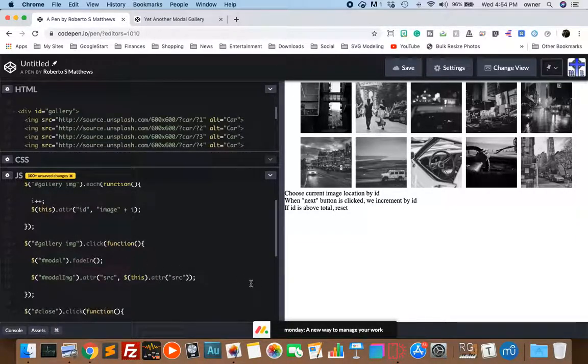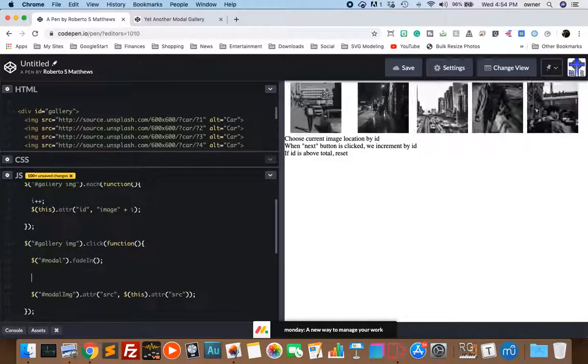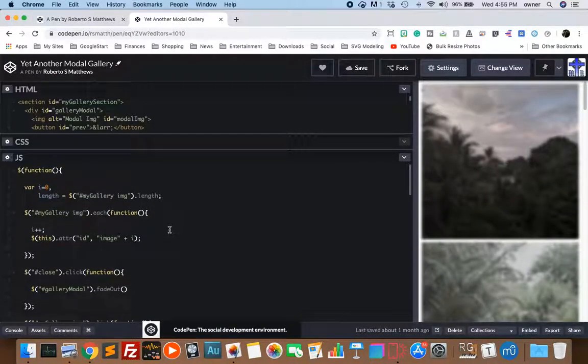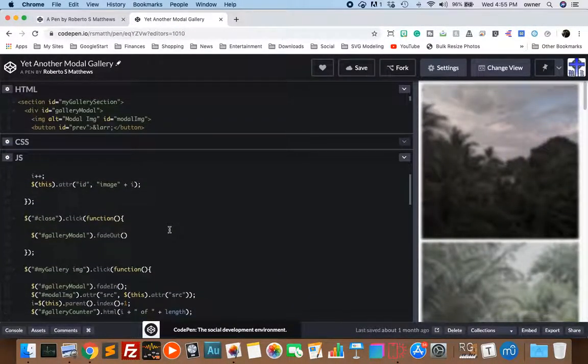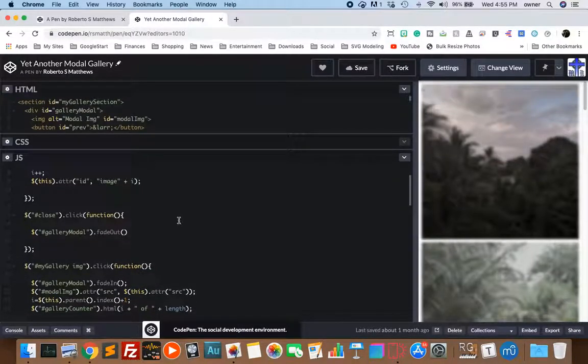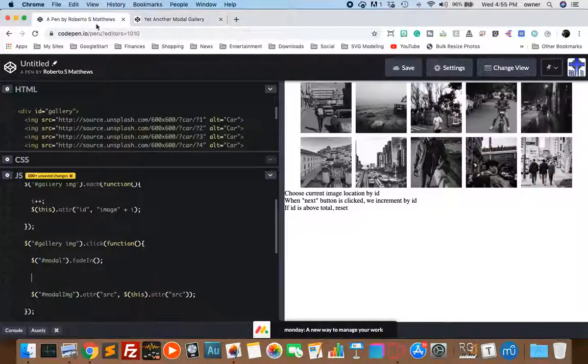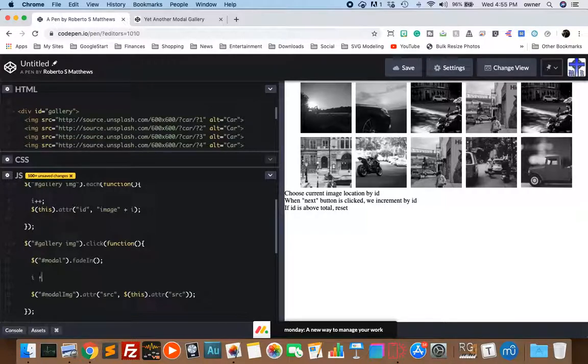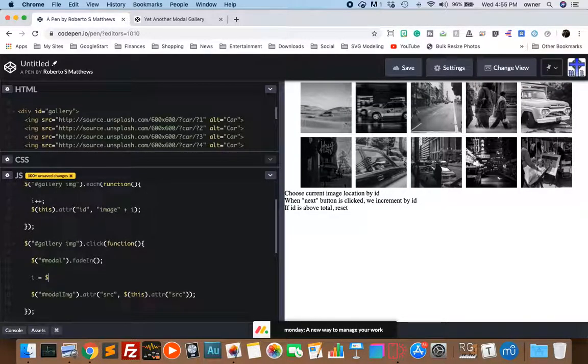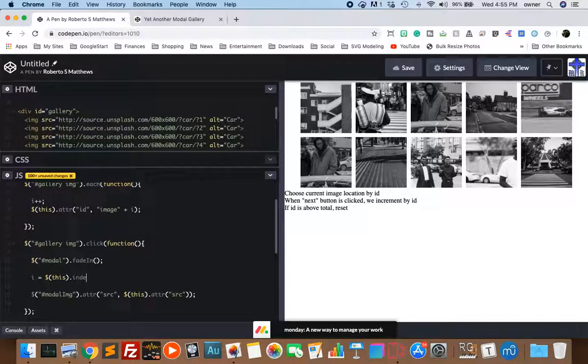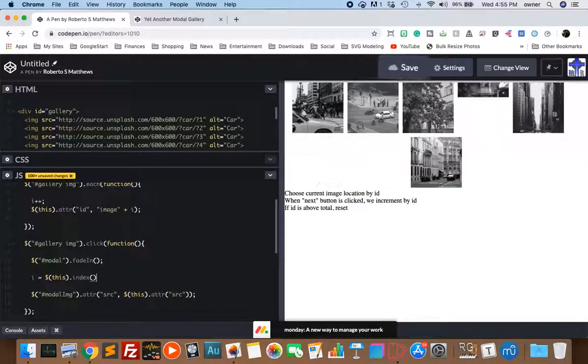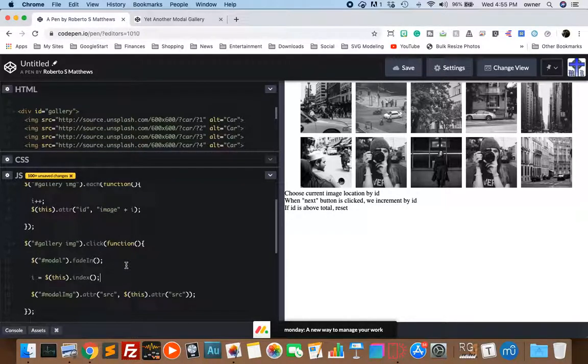We're going to say, instead of this, we're going to first say that I will equal this, the index. Now if we do that and then we say console I,